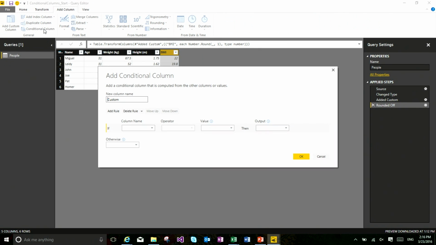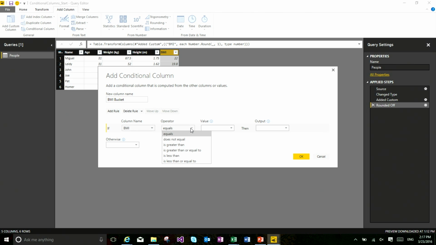So when you go in, it's going to give you this new experience to add a conditional column, and you can define different types of conditions. First thing I'm going to do is give a new column name. So let's say that this is the BMI bucket. I can add new rules. So basically, it's as it reads. If, and I could specify either a column name or a specific value, like I could even type in here. But in this case, I'm going to do if BMI, and then we detect that BMI is a number,